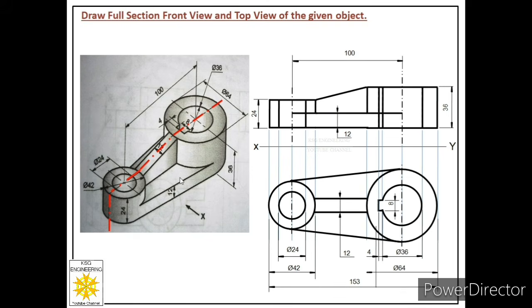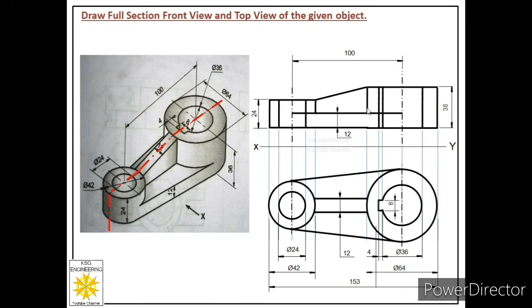Similarly, this plate is in contact with this cylinder as well, and we cut these two also at this section. So if two plates are in contact with each other and we cut both the plates at this section, then at this section we have to merge their material. This is the face which belongs to the cylinder. This is the face which belongs to the plate. So we have to merge these two, and in order to merge these two, we have to eliminate this edge.